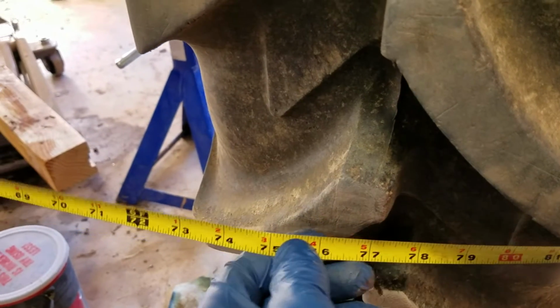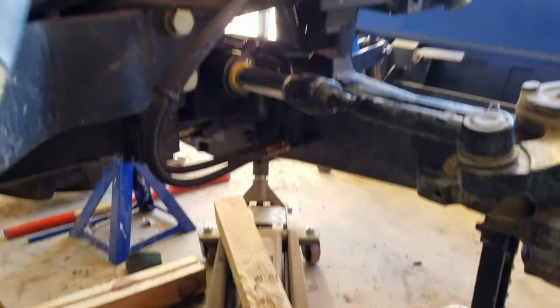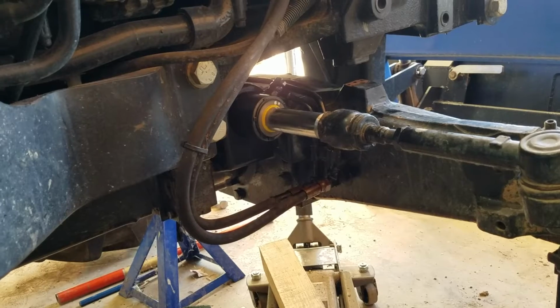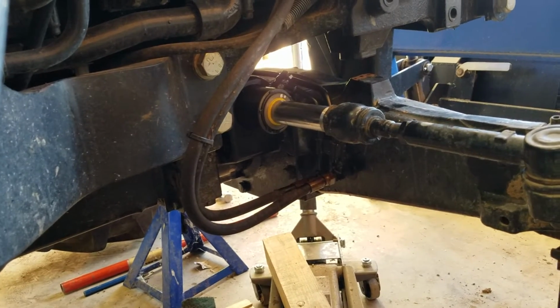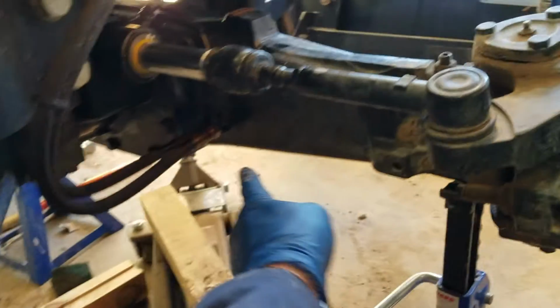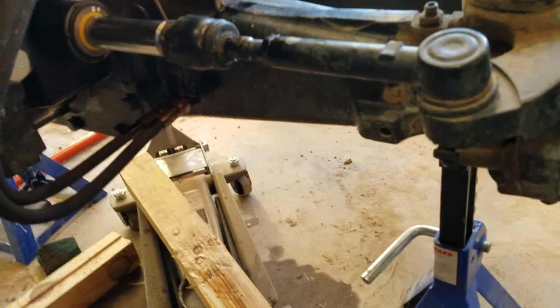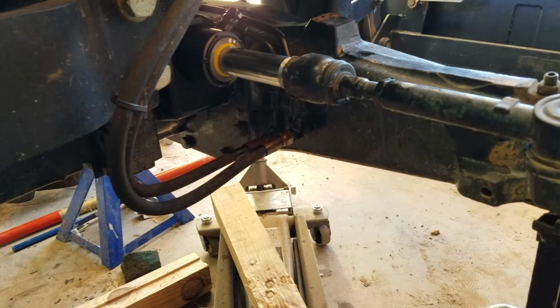Everything's tightened back up. Last thing I have to do is tighten up my banjo bolts that go into the cylinder. And then I think I'm probably going to try to use a piece of tube to stick onto the end of these hard lines right here, and see if by moving the tire one way and then the other I can suck a little bit of hydraulic fluid up in there,